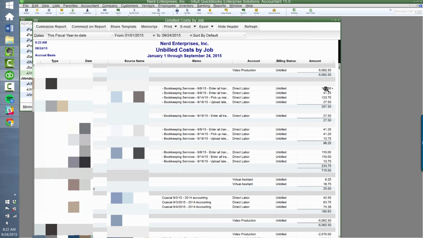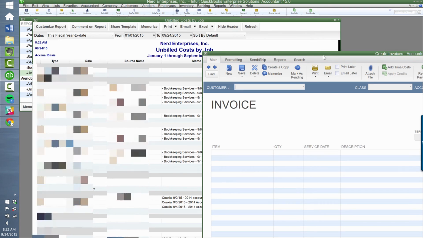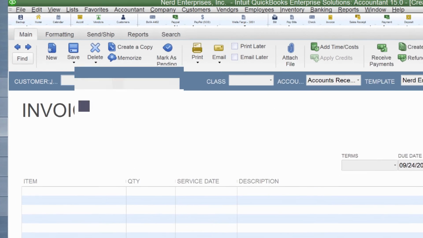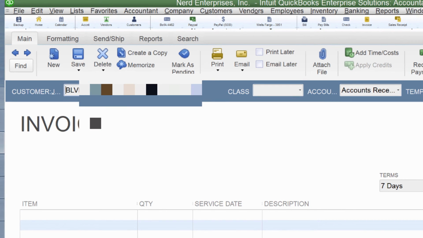But basically now I'm using this as a guide to see who I need to invoice, right? So obviously I'm going to obscure the customer specific information, but I can see from this report exactly who needs to get a bill. So I press Control-I for invoice, and I pick the first customer that was on the list,